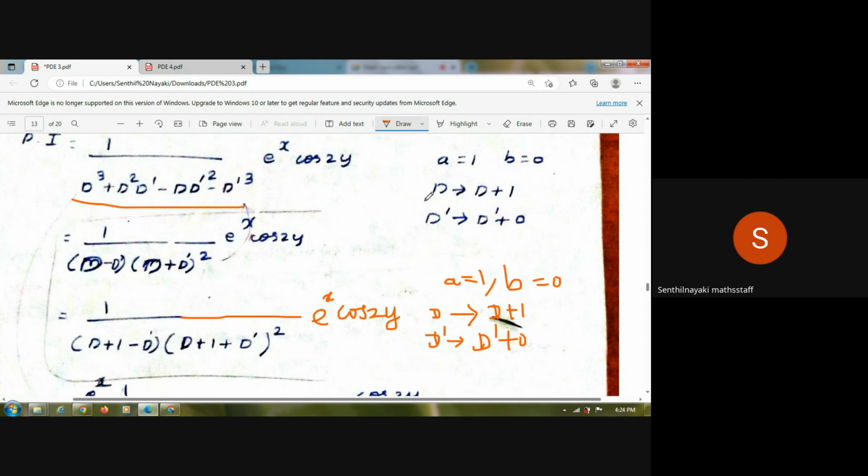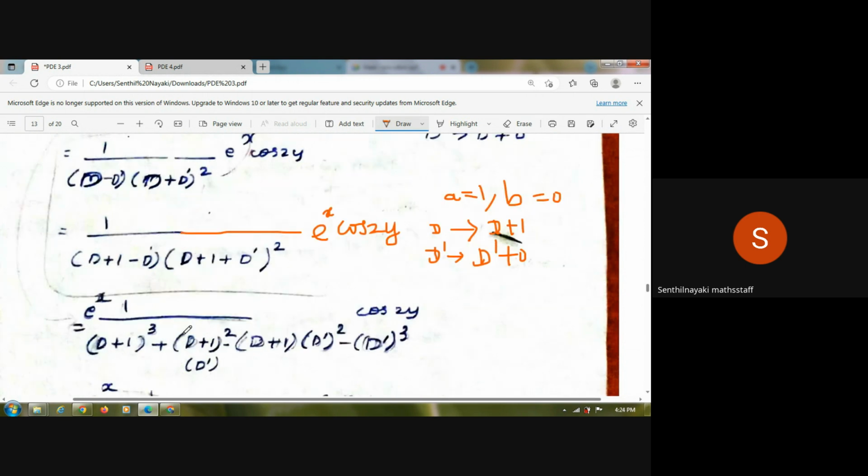Since the original formula is d is replaced by d plus a and d dash is replaced by d dash plus b. So this d is replaced by d plus 1, d dash is replaced by d dash alone. After simplifying, this term becomes